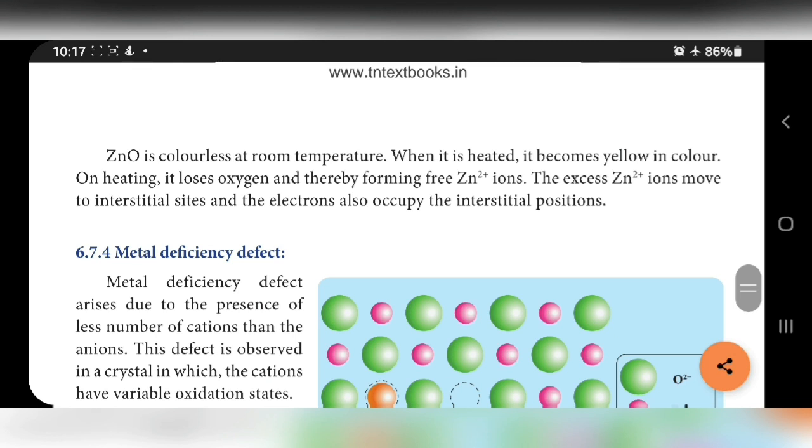So with this topic, metal excess defects are over. Next one, metal